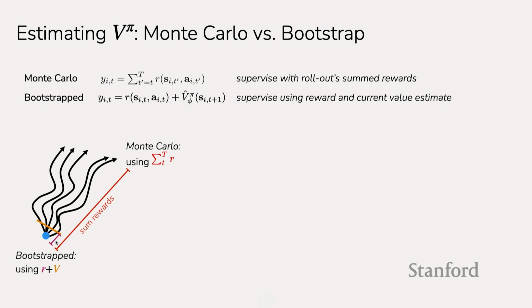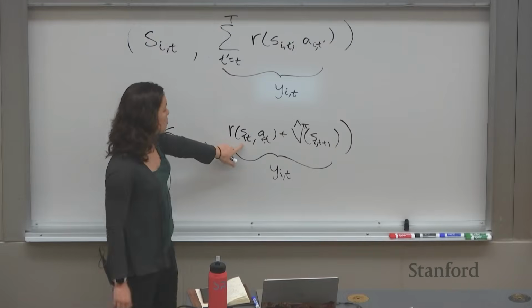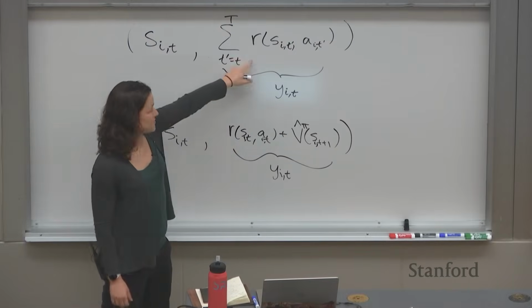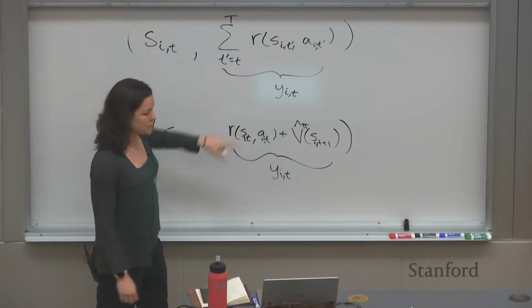And you can actually interpolate between these 2 estimates. Instead of using just 1 time step, you could use n time steps. You could look at the reward for n time steps, sum the rewards for n time steps in the future before the variance has increased substantially, and then use your value estimate after those n time steps. What this would look like is an equation like this, where instead of just using 1 reward right here, and instead of using all of the sum of rewards, you can sum over